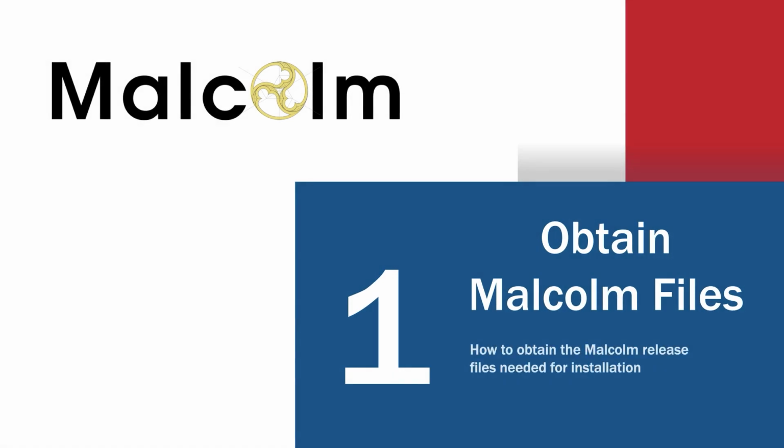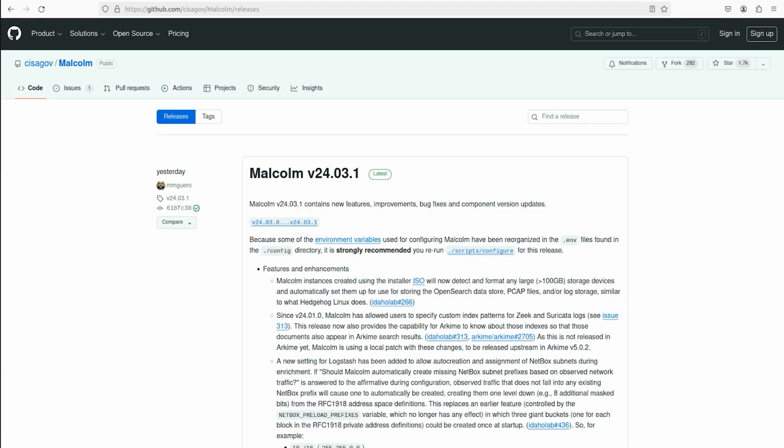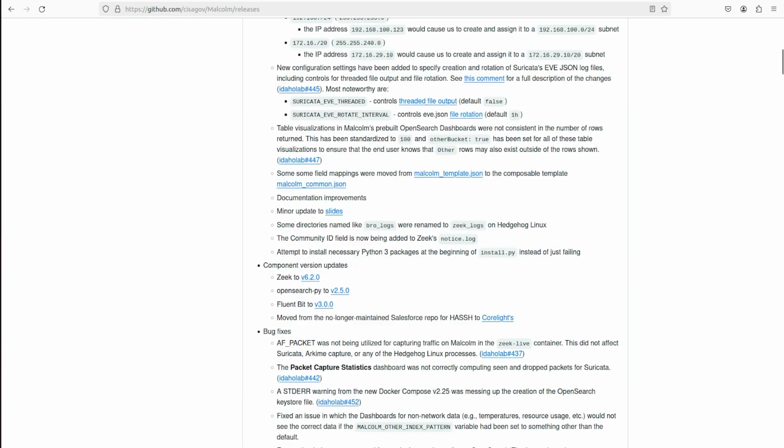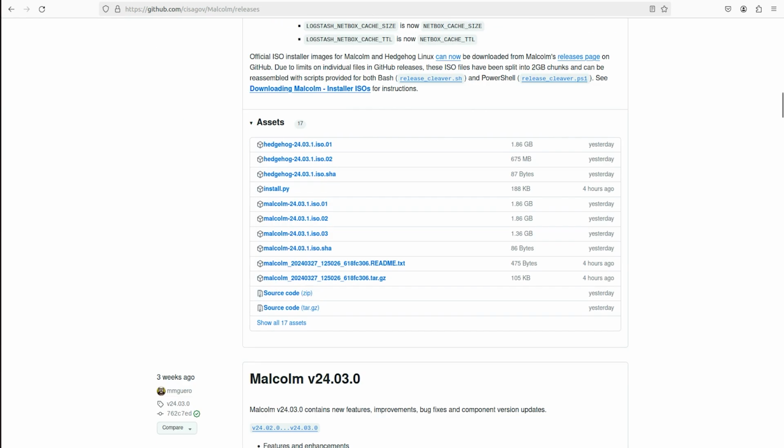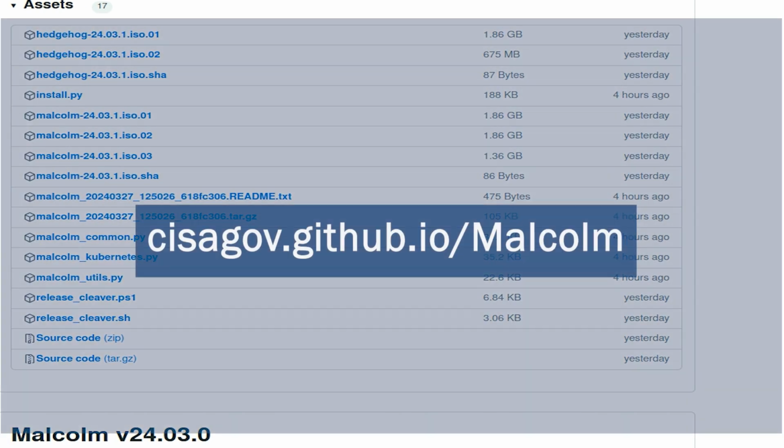Step 1. How to obtain the Malcolm release files needed for installation. The files necessary to begin installing Malcolm can be downloaded from the Malcolm Releases page on GitHub. Note that the Malcolm documentation is a living document, updated regularly with the most current information about Malcolm. It is available at